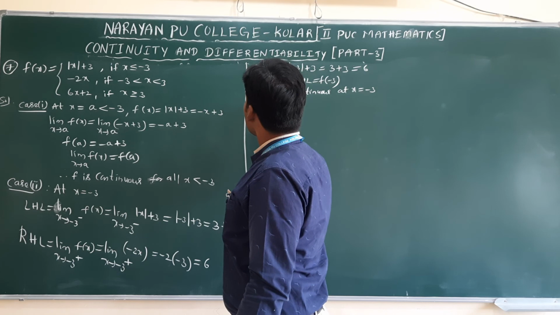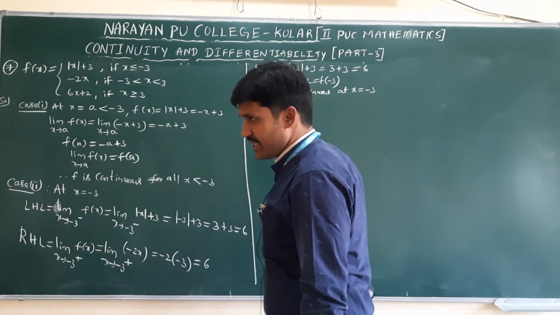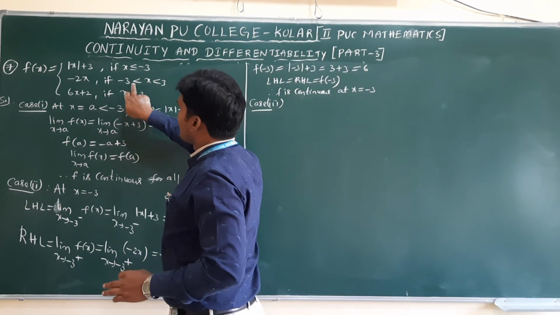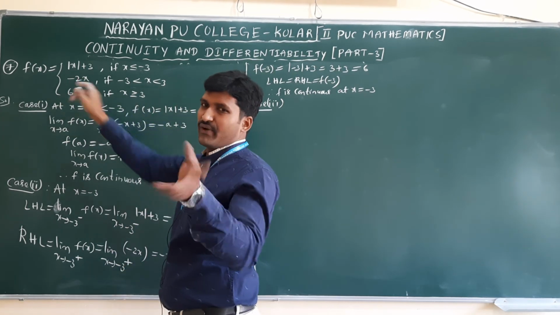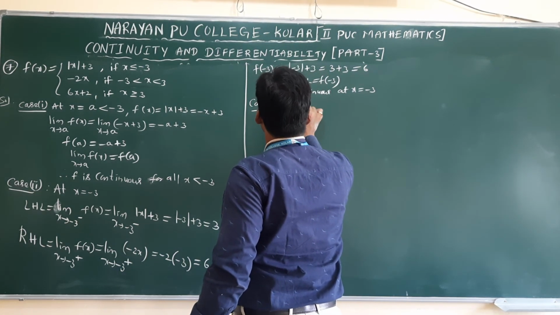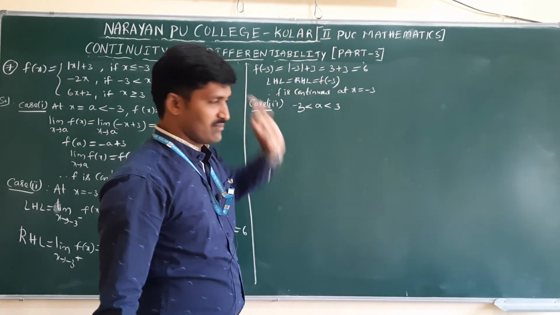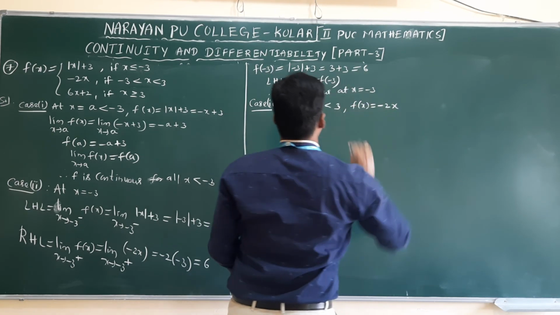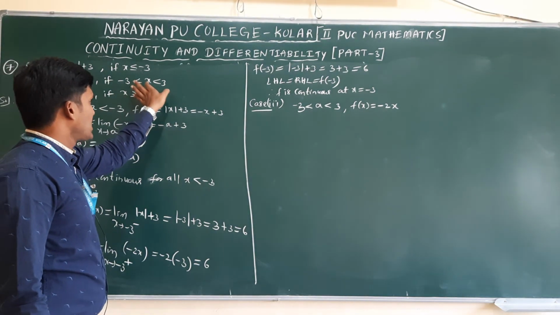Coming to case 3. In case 3, these two conditions are over. For x greater than minus 3 and less than 3, for both values, what is the function? Single function. So directly we can take the third condition, minus 2x, for minus 3 less than a less than 3. That means a lies between minus 3 to plus 3. Here also we have a single function, that is minus 2x. Again, separately not required because combinedly it is given minus 3 less than x less than 3.